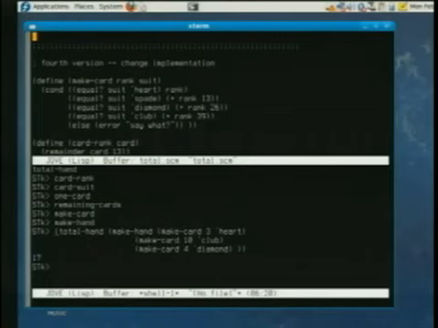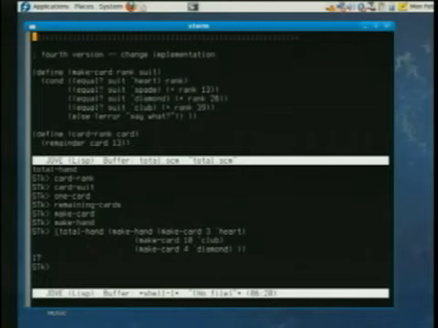Okay, now just to make the point, here I'm changing the implementation of cards. I'm leaving hands alone. But now, instead of a word like 3D for the 3 of diamonds, I'm using a number between 0 and 51. And 0 to 12 are the hearts, and 13 to 25 are the spades, and so on. Okay, so if I copy these down,